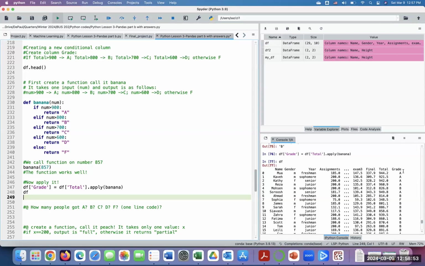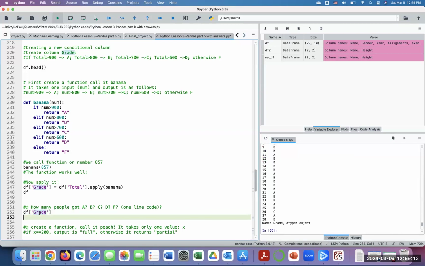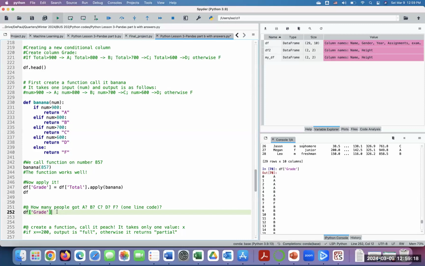As a practice, please do this. How many people got A, B, C, D, or F? And it's a one-line code. Just in one line, tell me this. And again, it's going to be a value count. So df brackets grade. If you do this, Python just gives you this series of grades. Then you say dot value counts,